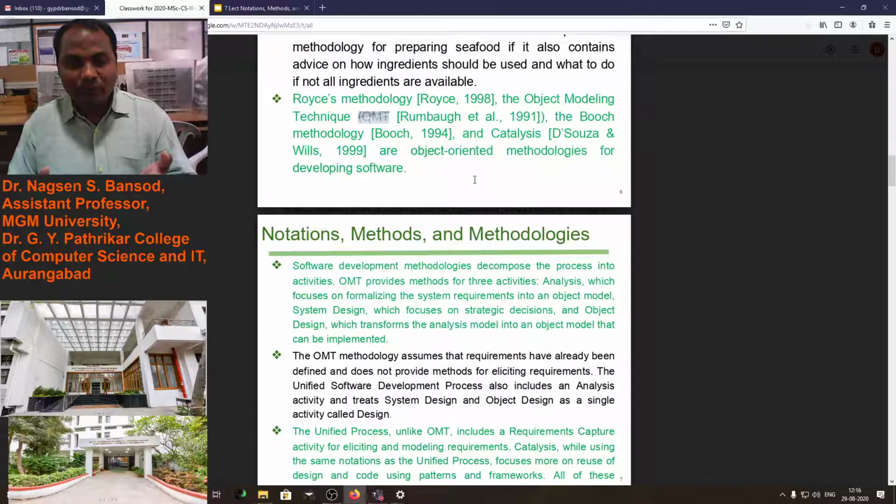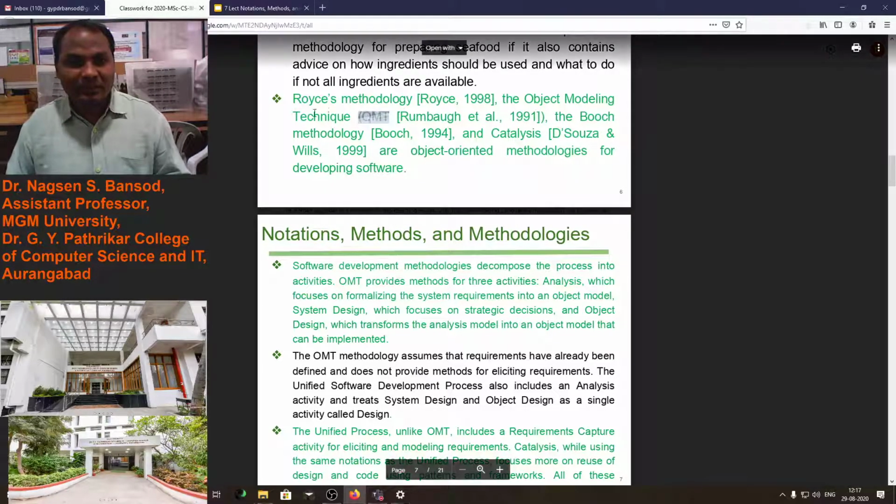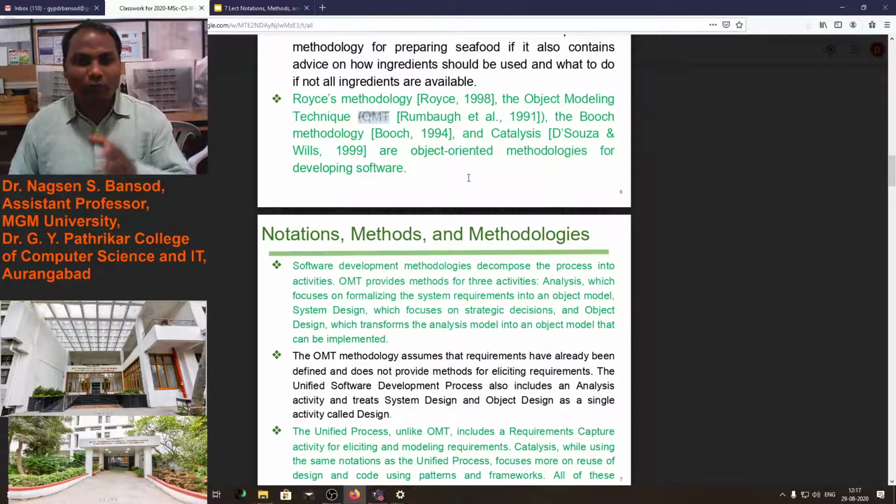I have given you information about the recipe. We know various recipes, and to make a recipe we have to use some particular method. For a single recipe or multiple recipes, there are various methodologies we have to use. To make tea, a very simple recipe is there, a very simple method is there. To make other foods, we require multiple methods, so we can say that is the methodology. But in software engineering, all these people have given us an object-oriented methodology for software development.